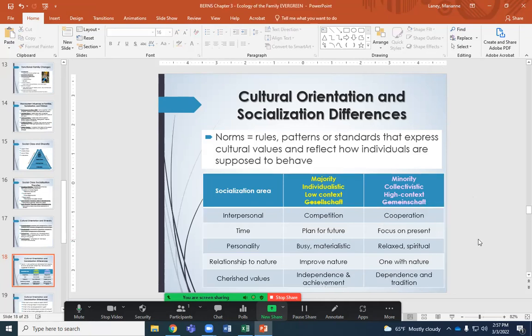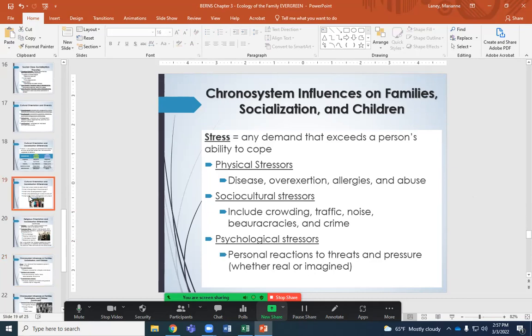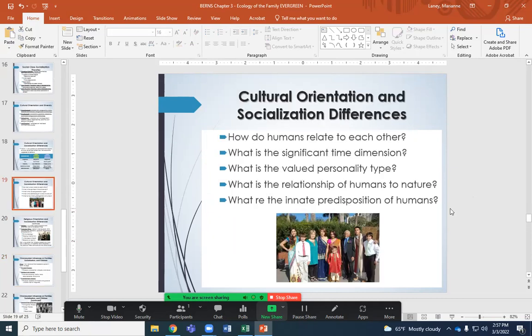So again, think about these socialization areas and these different contexts, how they behave in different situations. Again, all this is happening in one family, happening in two different families, the same in both families, different in two. There's a lot. And again, what is a child exposed to? Yeah. And this is what we teach.